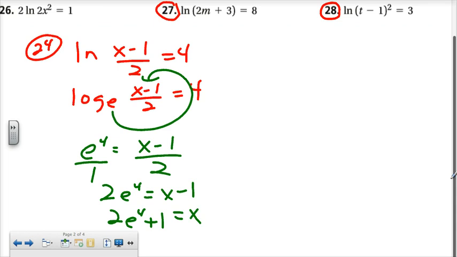And here's where we have to go back and look at the instructions and see, did they want us to round any of these answers? And in fact, the book does give a rounded answer for that. That would be an exact answer there. If we have 2 times e to the, and remember that's the second button and then the ln key, to the 4th, and then we have to add 1 to it, that's going to give us